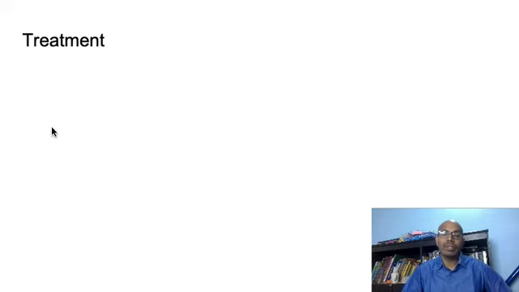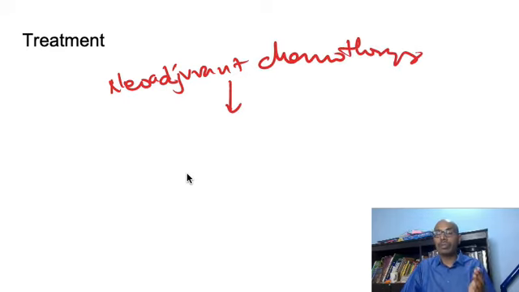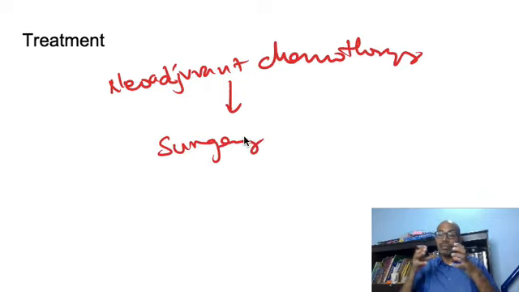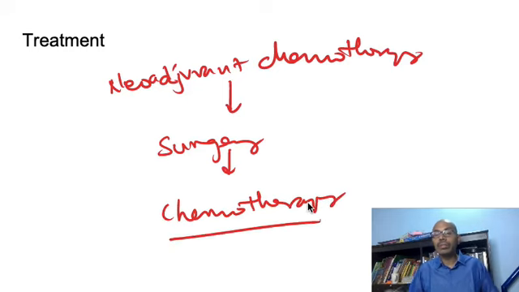Okay, so what is the treatment of these osteosarcomas? First you start with neoadjuvant chemotherapy, about 4 to 6 weeks, and then you go on for surgery. What the chemotherapy does is it debulks the tumor. It also reduces the micrometastasis and chance of metastasis. Then you do some kind of surgery. It could be limb salvage, or an amputation. Once the surgery is done, a further 4 to 6 cycles of chemotherapy is given. These tumors are not radiosensitive, and therefore radiotherapy is not a good modality in treating these cases.